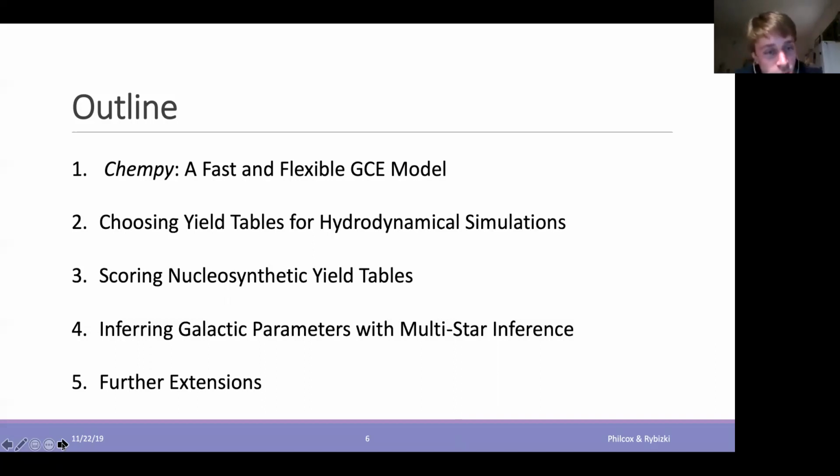That might be quite interesting, because with the galactic chemical evolution model in between, we can directly go from the yield tables to the data, see how well they are reproduced, and give a score to it. And then we improve upon the previous projects by putting more than only one star into the inference, and that leads to a big potential of new projects.